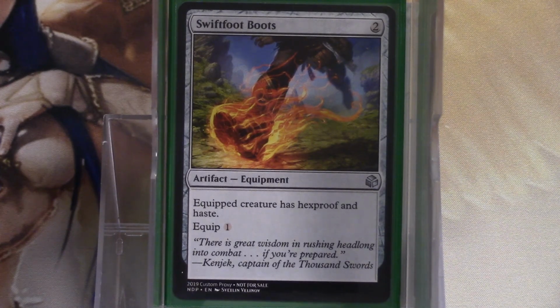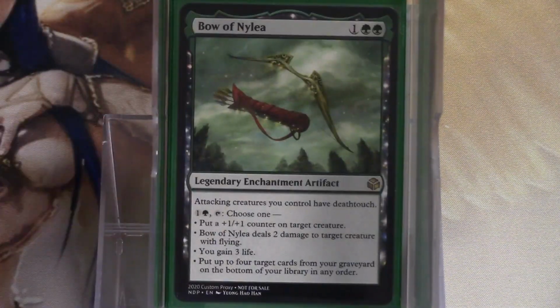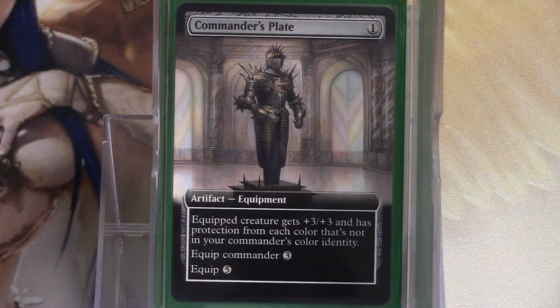We've got both scry and the ability to draw cards in Lifecrafter's Bestiary. We've got our ability to make our squirrels have deathtouch with Bow of Nylea, and also something to suit up Toski and turn him sideways, do some commander damage, is Commander's Plate. Let's go ahead and actually pop into our